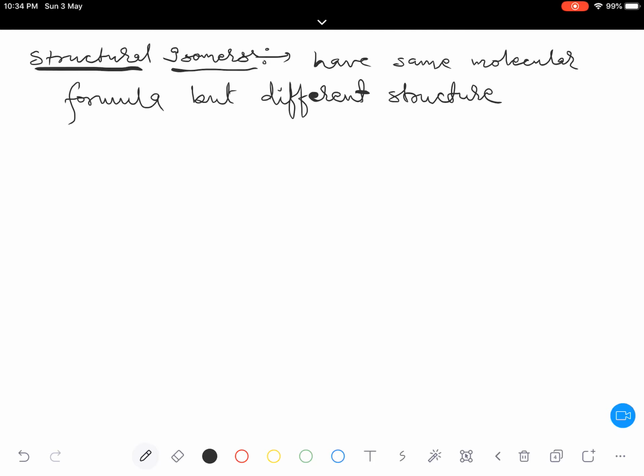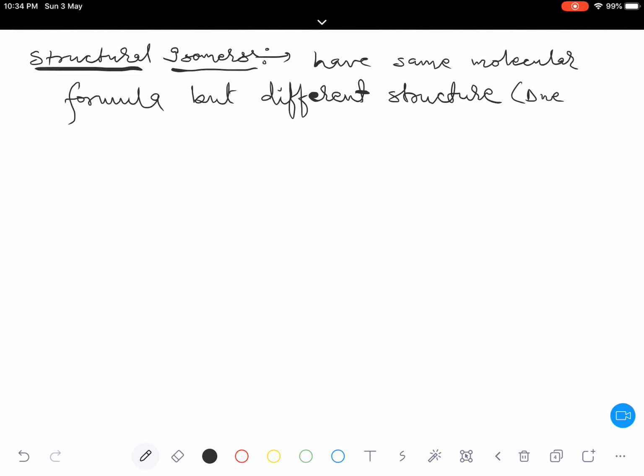So if it is changing, then those kinds of compounds can be said to be structural isomers to each other. Here you have to pay attention: if any one of the terms in the IUPAC name is changed without changing the molecular formula, those compounds become isomers to each other, which means that whenever two molecules are structural isomers, their IUPAC names will be different. That part I will write at the very end. So let's complete this definition first.